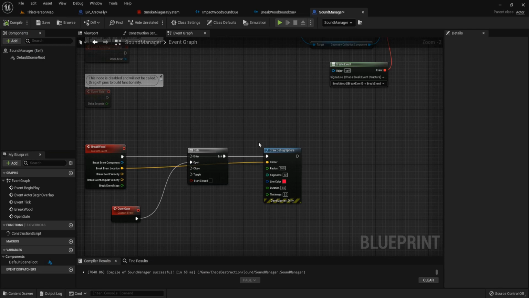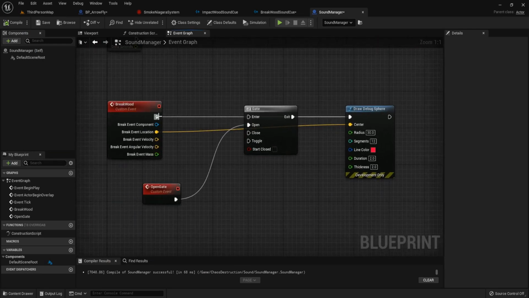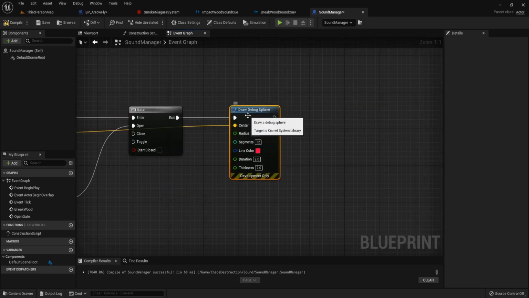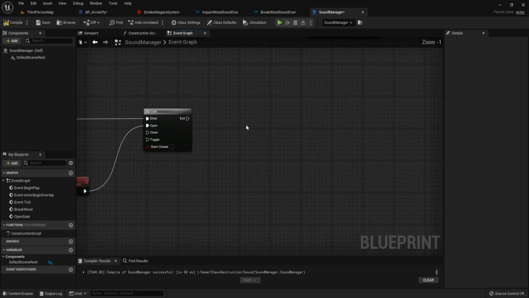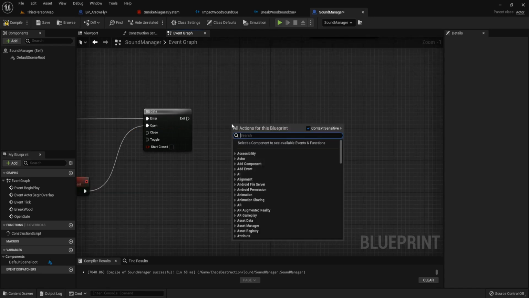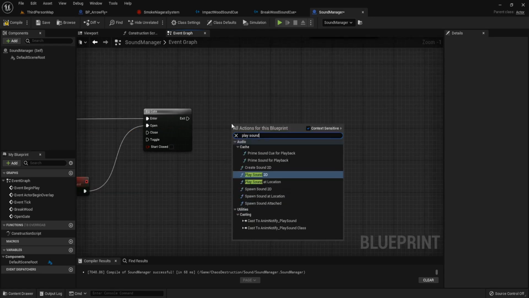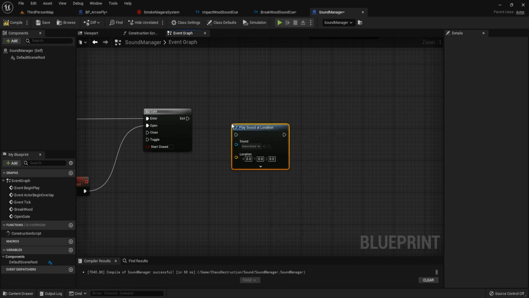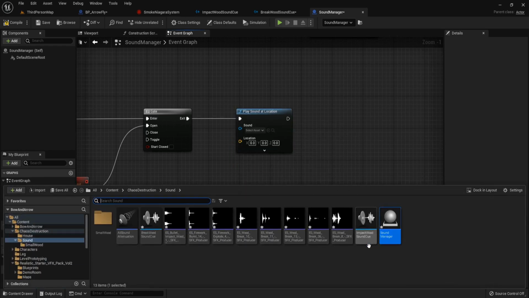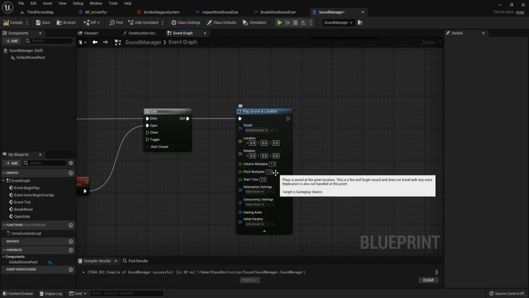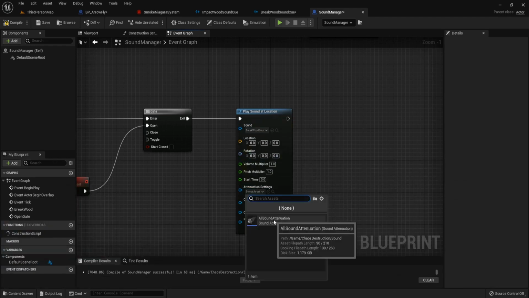To do this, we have to create a new timeline to delay this sound. Delete this draw debug. Call play sound at location and choose this breakboot sound cue. For the attenuation setting, choose all sound.